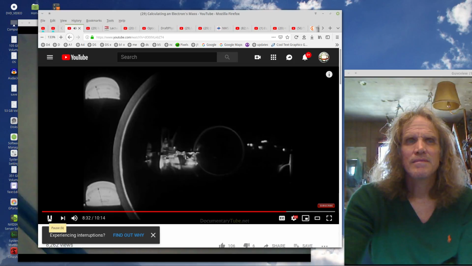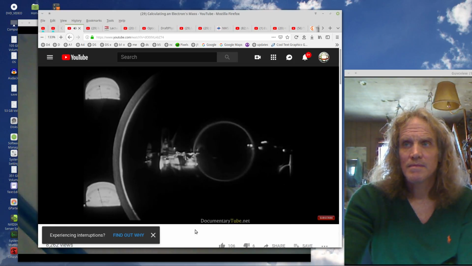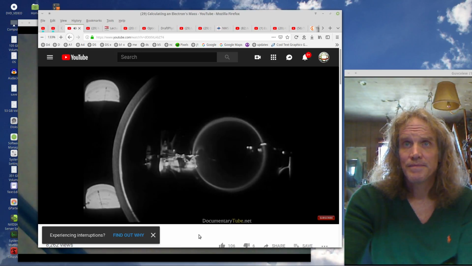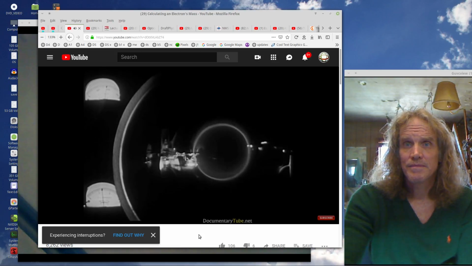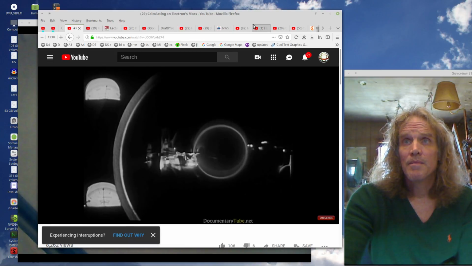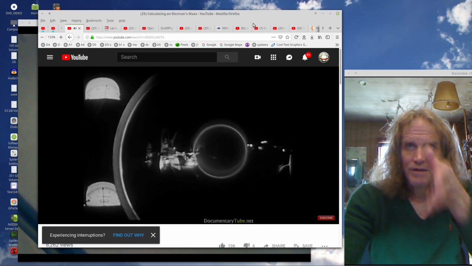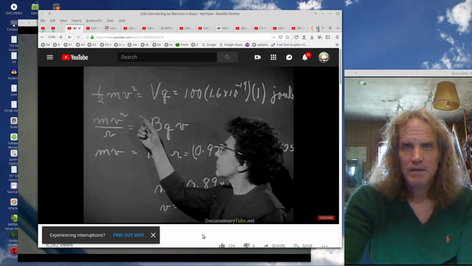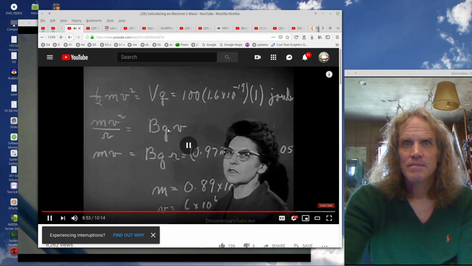You can see that by increasing the voltage, and thus the energy of the electrons, we make the circle larger. Increasing the field makes it smaller. More light shining on the electrons, more force. In fact, if you want to do a little algebra, you can find out from these two equations